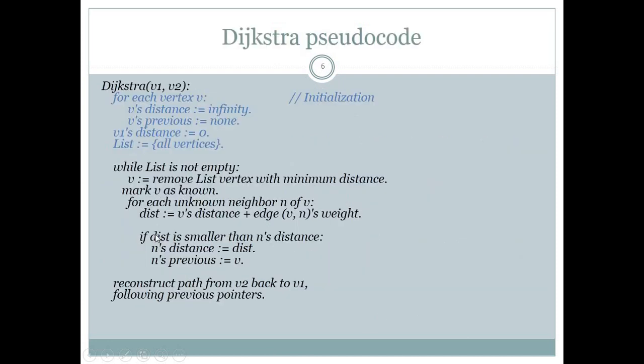This is the pseudocode for Dijkstra's algorithm. Dijkstra's algorithm will start with two vertices. The first one is the starting vertex and the second one is the destination vertex. First of all, it will start with infinity, and its previous distance will be unknown. Why? Because it will be updated with every step. Okay, this we will understand by an example.